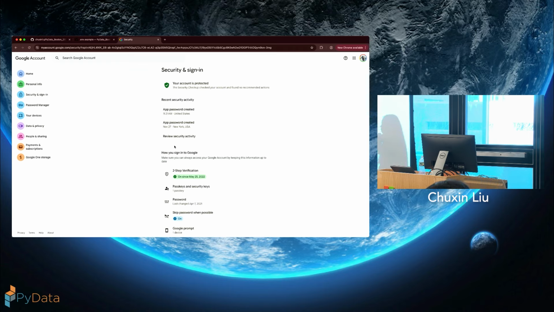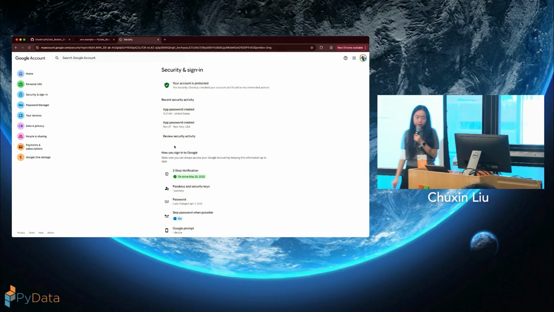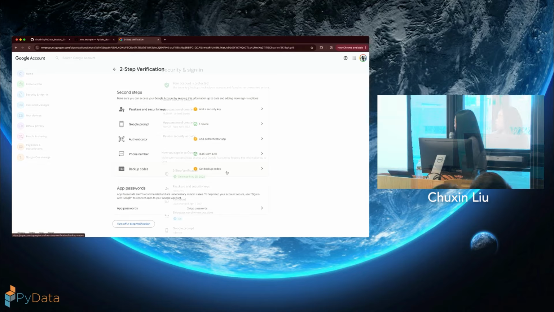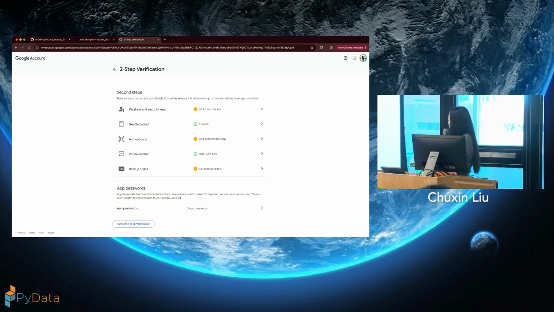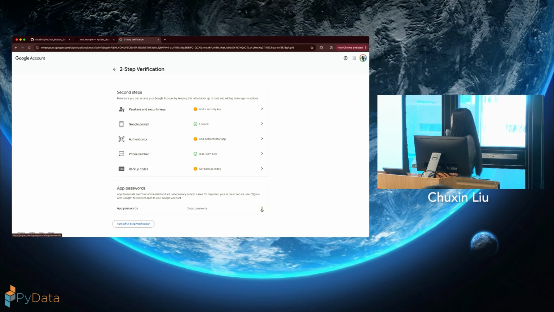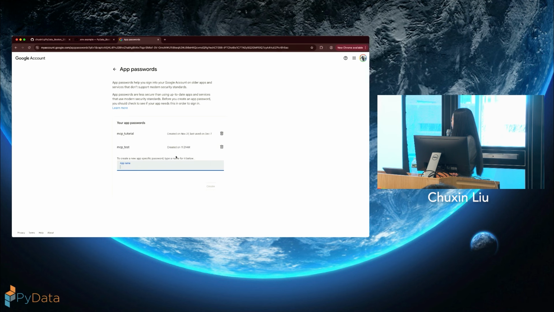So here, if you see the 2-step verification, you should first enable it. Once you enable 2-step verification, you scroll down. There is an app password here. There's an arrow. You click into this, and then you can create an application that gives you the 16-length string that is the password that you need.